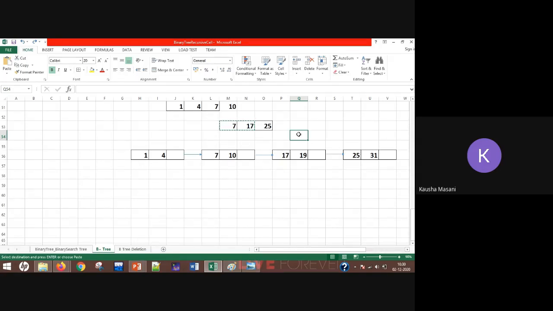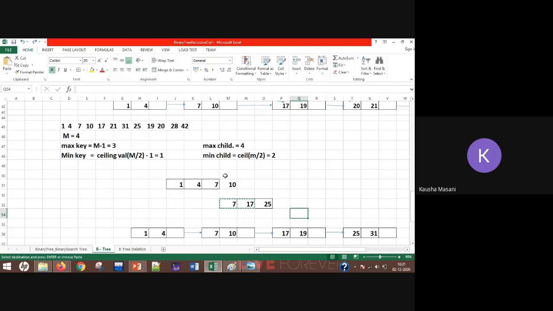19, 20, 28 and 42. I'll take it in the next session and revise this again. Why? Because from 20 there are two splits and you need to understand it. We have also added 19 here. So 20, 28 and 42, I'll take it in the next session. We are going to keep it till here, and once I finish this, we are over with your trees.